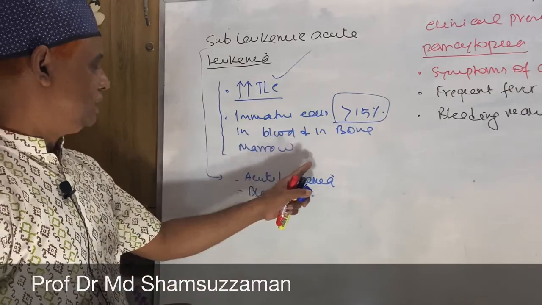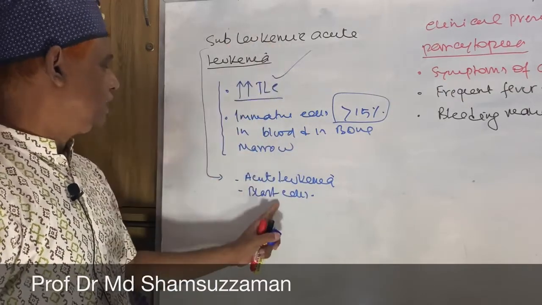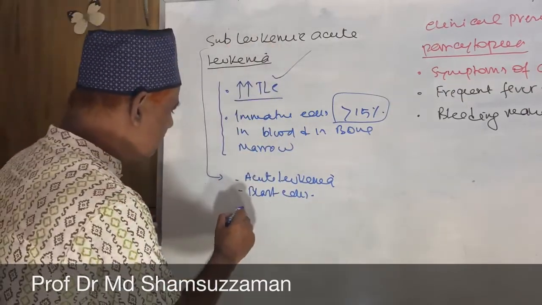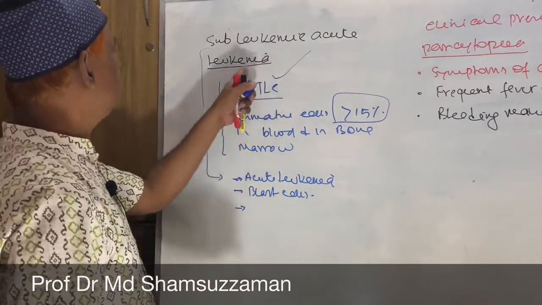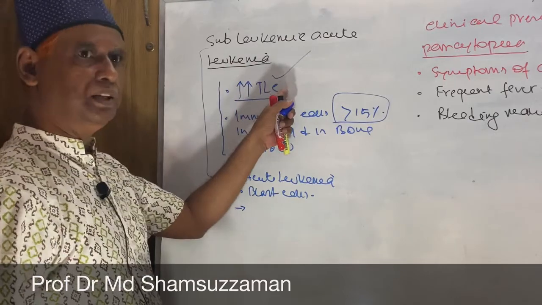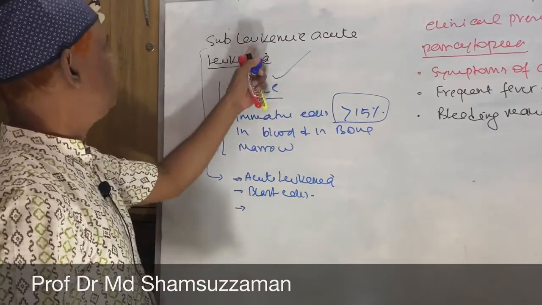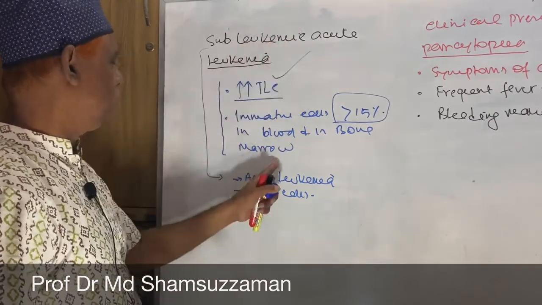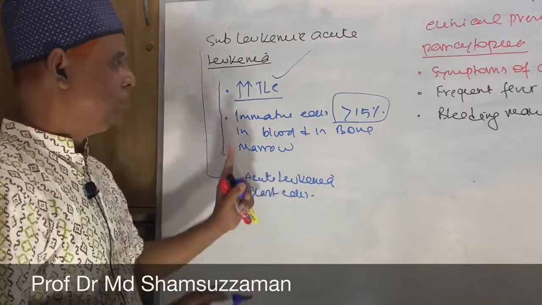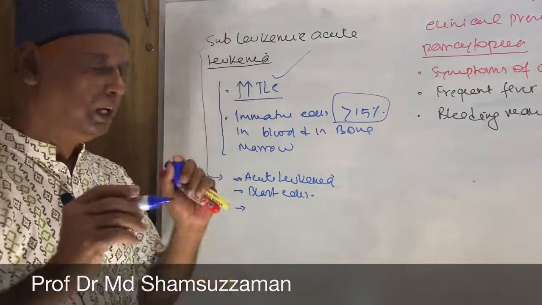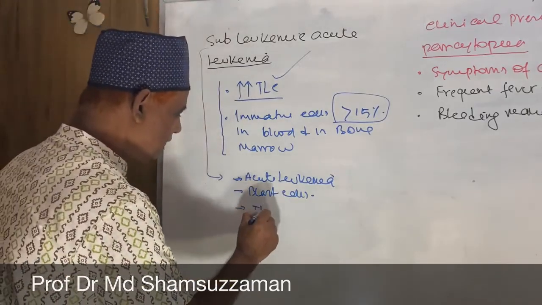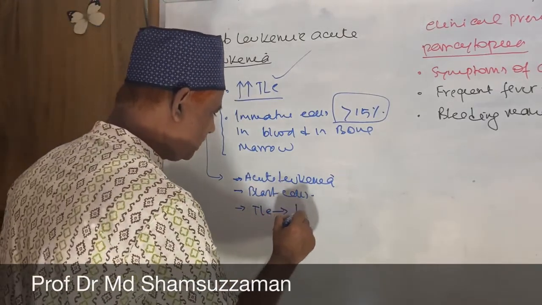As it is leukemia, we should get increased number of TLC, but in subleukemic acute leukemia, although it is acute leukemia, although there are blast cells, the total count of WBC is within normal limits or below the normal limits. So, TLC does not show leukocytosis, rather leukopenia